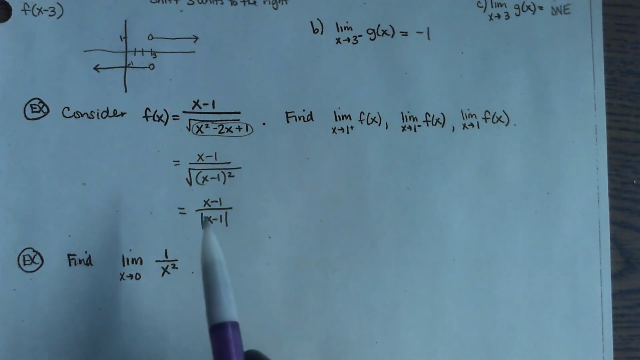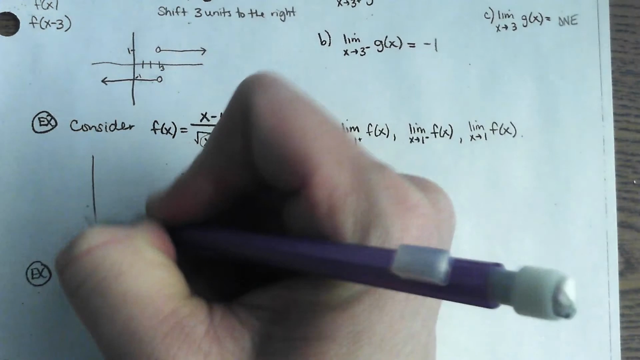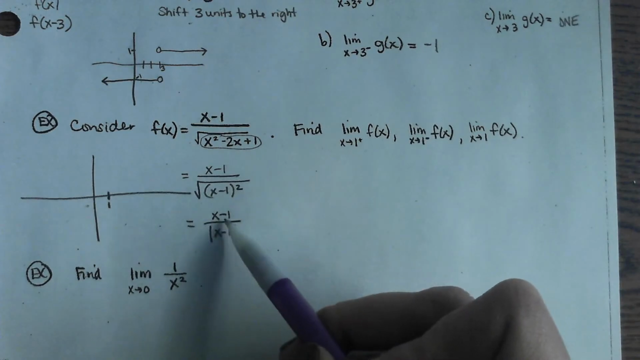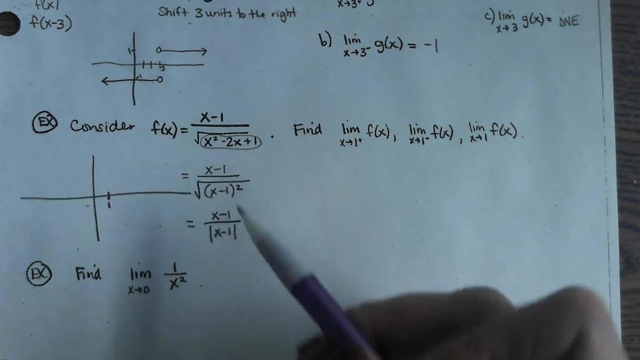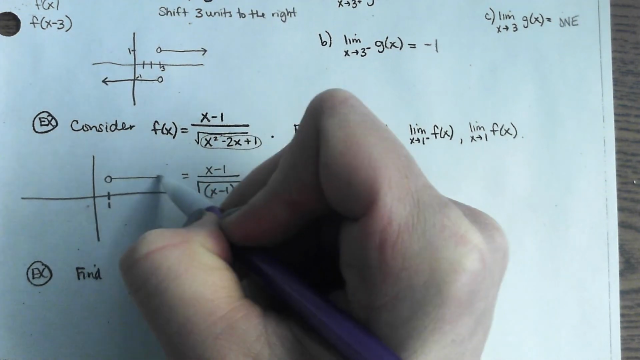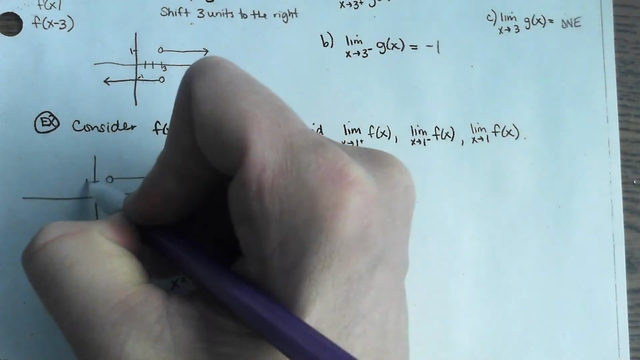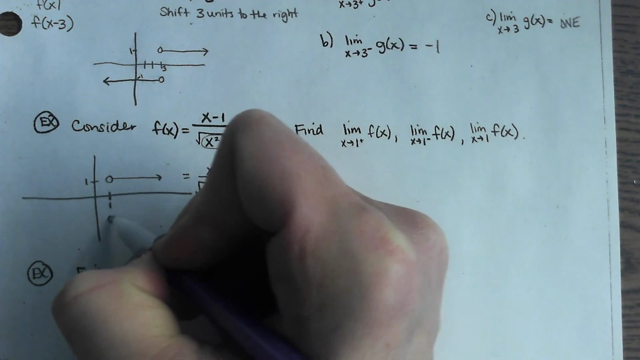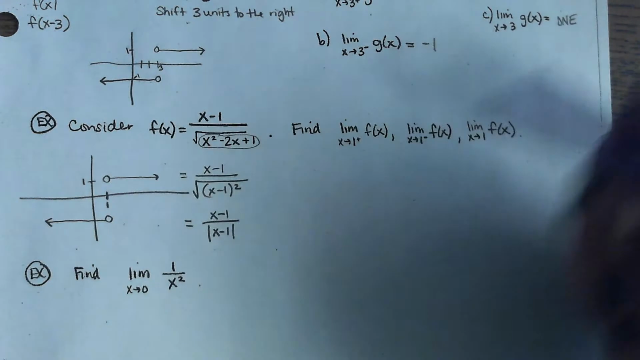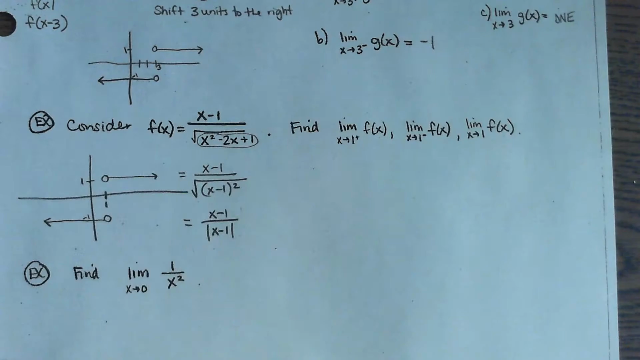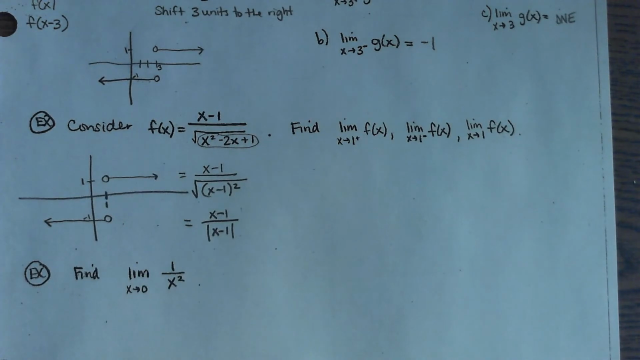If you're at 1, it's going to not exist. 1 is where this graph doesn't exist. Anywhere over 1, you're going to get a positive over a positive version of itself, so it'll be 1. And then anywhere less than 1, you're going to get a negative number over a positive version of itself, which will put you at negative 1. But you have to factor and take the square root and know the absolute value feature there